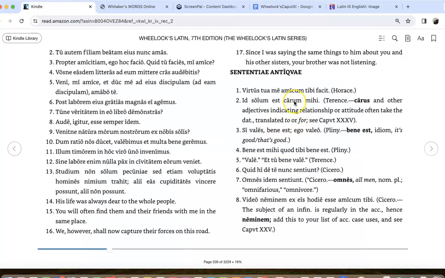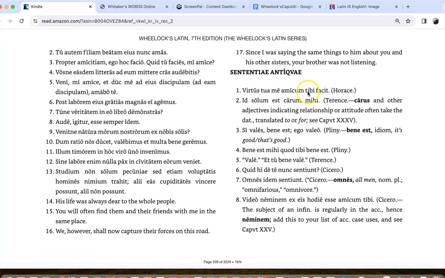That one's fairly straightforward. Carum means dear. Mihi means to me. So here we had tibi to you. Here we have mihi to me. And then the rest of it is just largely known vocab. But of course here we have a demonstrative pronoun, which is one of the grammar topics in this chapter. All right, moving on here to tres, si vales bene est, ego valeo by Pliny,